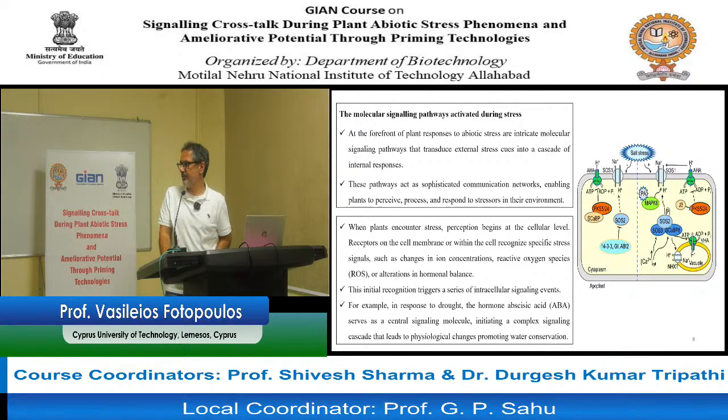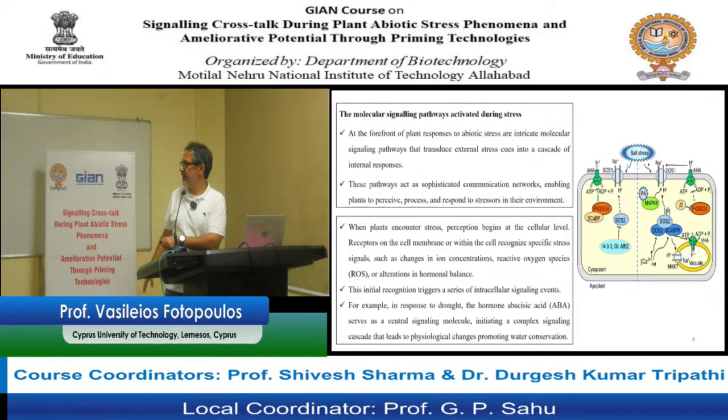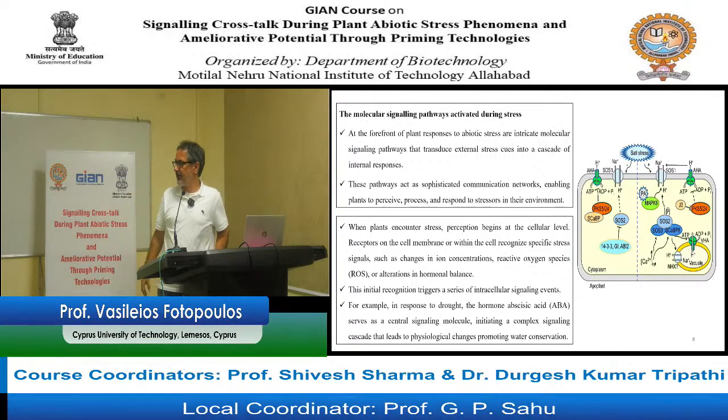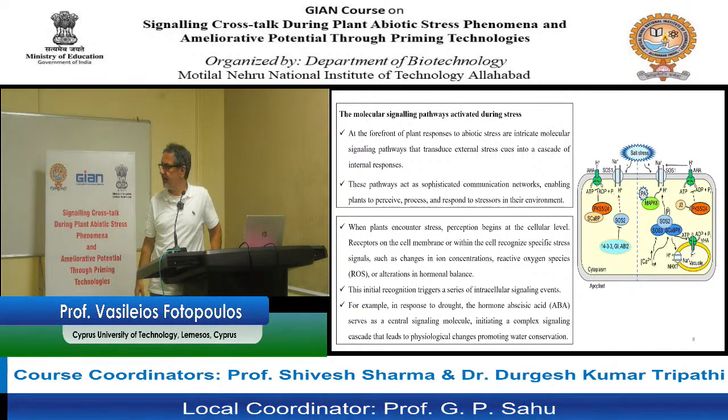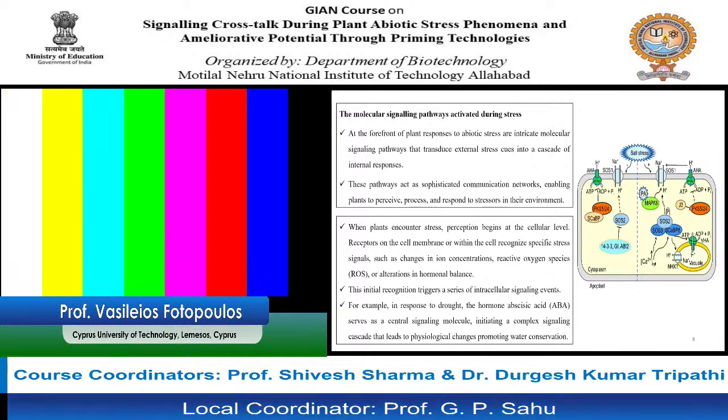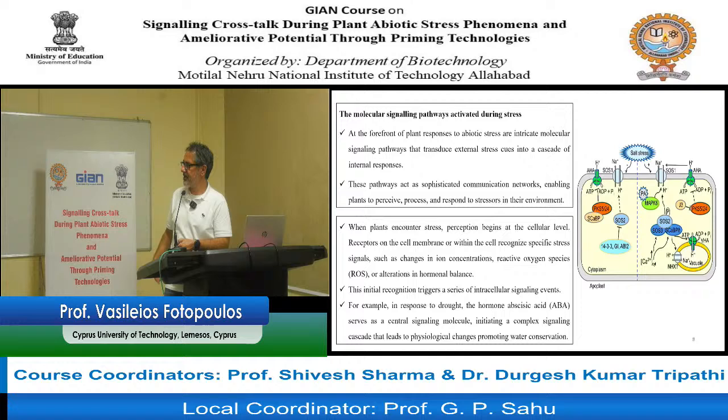This initial recognition triggers a series of intracellular signaling events, and as an example, in response to drought stress, ABA again serves as a central signal molecule that results in the activation of several defense components. And here we have one example of what is happening at a molecular level in a salt-stressed cell, and you can see that the network is huge because it involves, as I mentioned before, several plasmalemmatic transporters that could either be